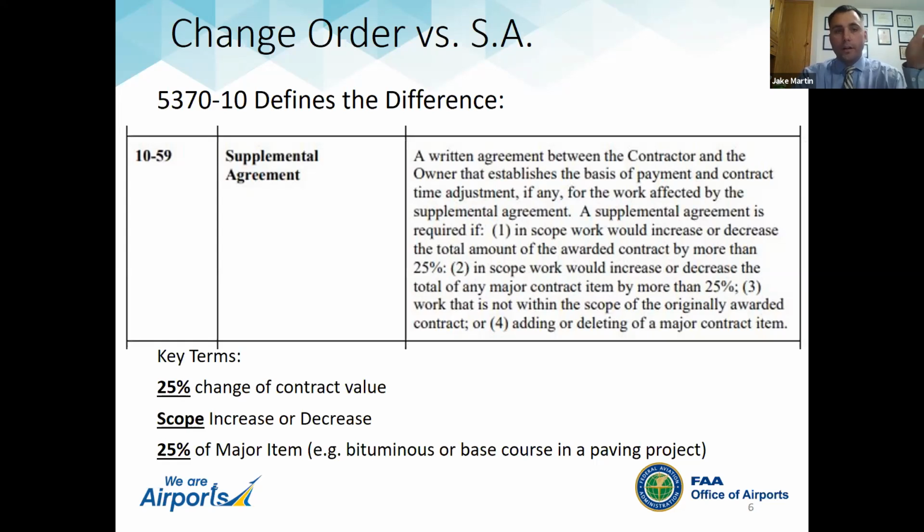the time between when you bid the contract and when you were building it, because sometimes that could be a year, from early midsummer to the next spring when you're constructing it. And this large operator proposed building a large hangar and would maybe cause some reconfiguration on the apron that you're rehabilitating, and you might think it's best to put the brakes on for a minute. You want to change order out some of that apron area and come back and do it at a later time. That would be a major scope decrease that we would want to make sure is captured in a supplemental